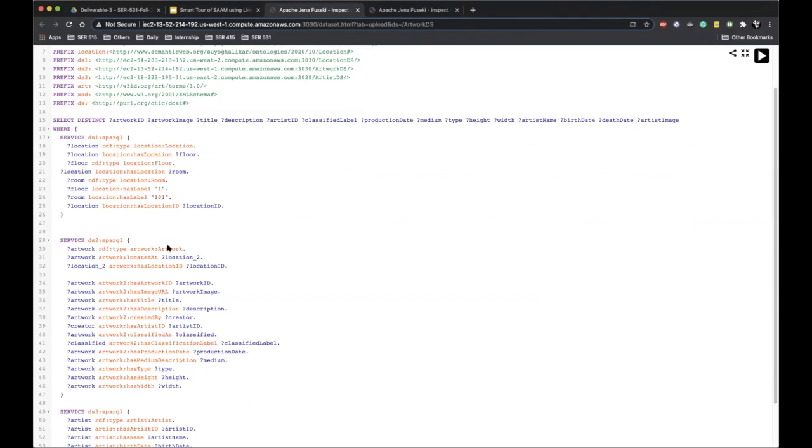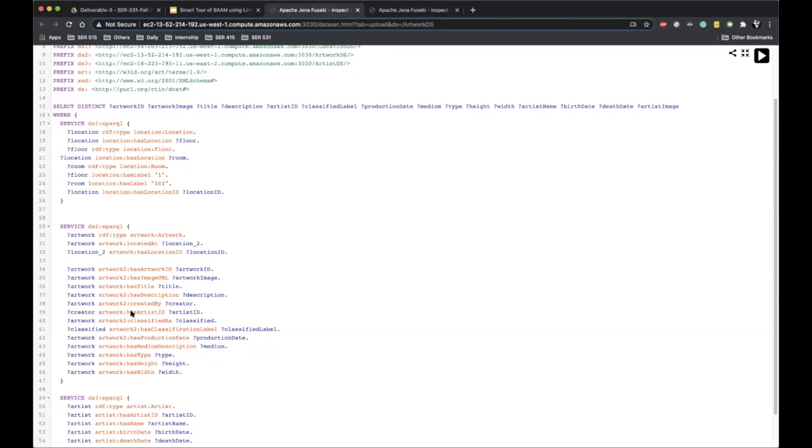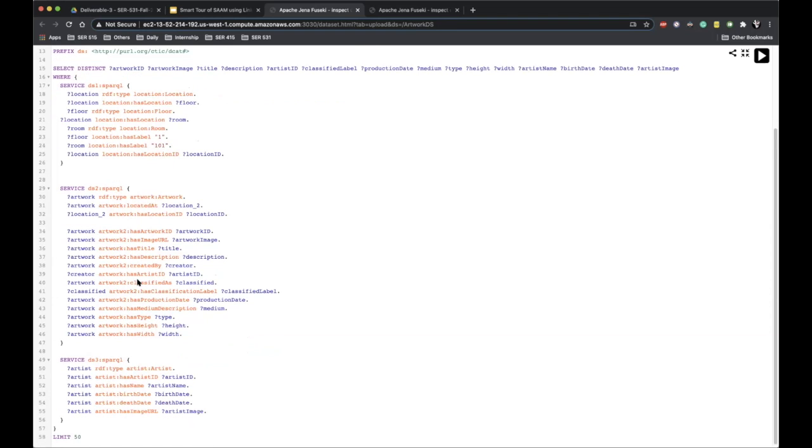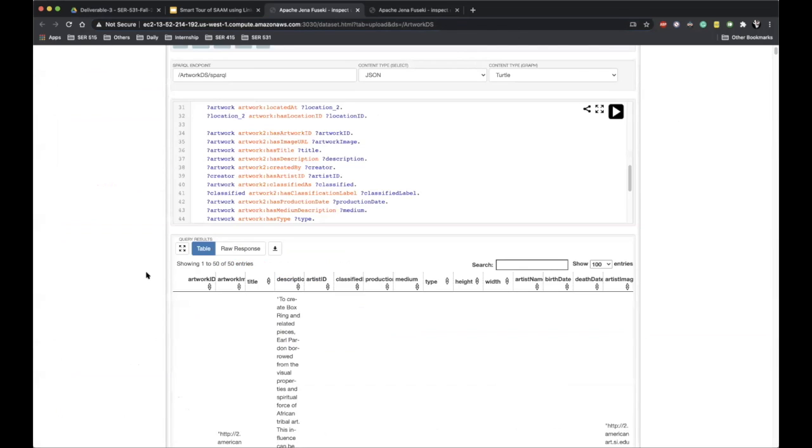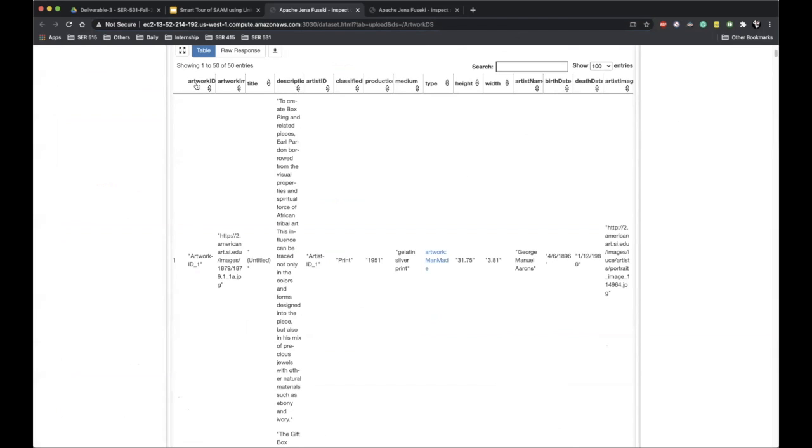First, it will go to the location ontology, and it will get the location ID of that particular room and floor. Based on that location ID, it will fetch all the artwork in the artwork database and the respective artist details from the artist endpoint. So I'm going to go ahead and run this. As you see, this is the data that is fetched: the artwork ID, artwork image URL, title, description, artist